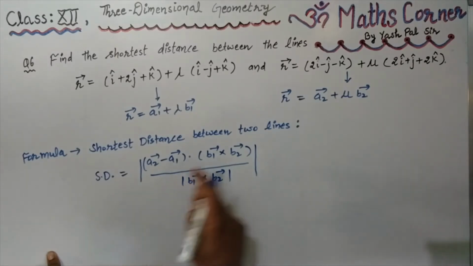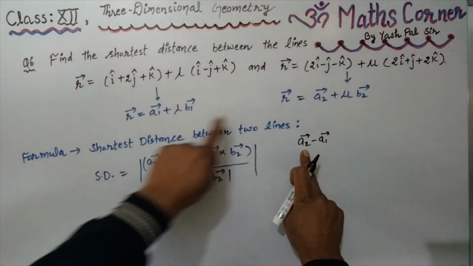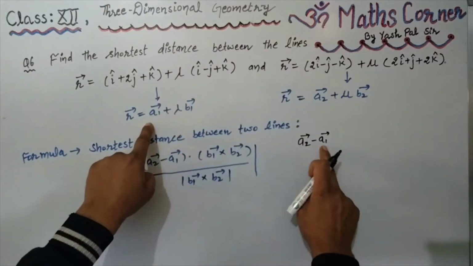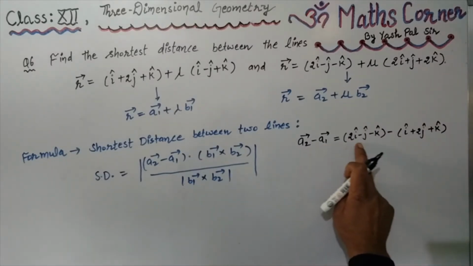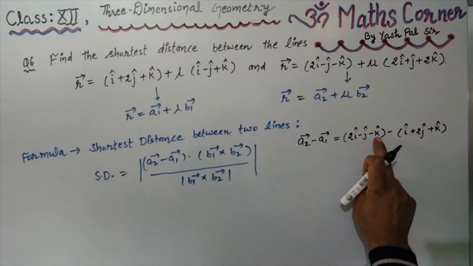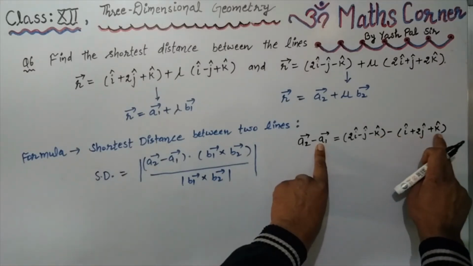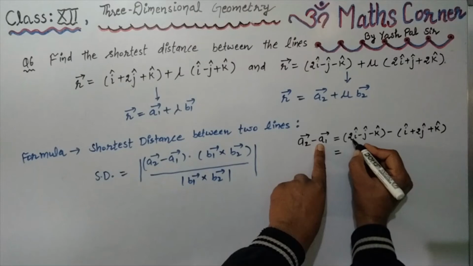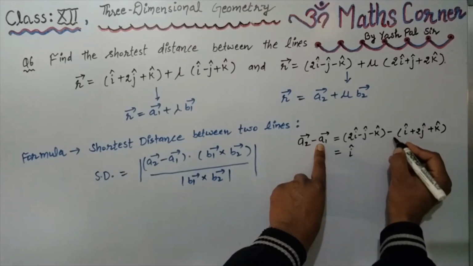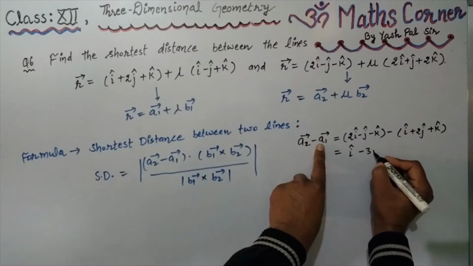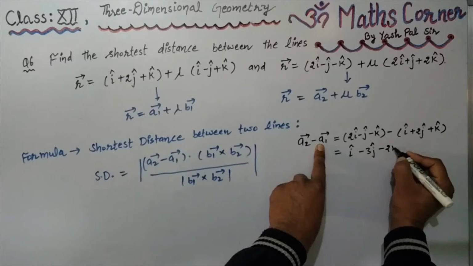So here first of all we find a2 minus a1. a2 vector is this, minus a1 vector is this. So a2 vector minus a1 is equal to 2i minus j minus k minus (i plus 2j plus k). So the value is 2i minus 1i is i, minus j minus 2j is minus 3j,